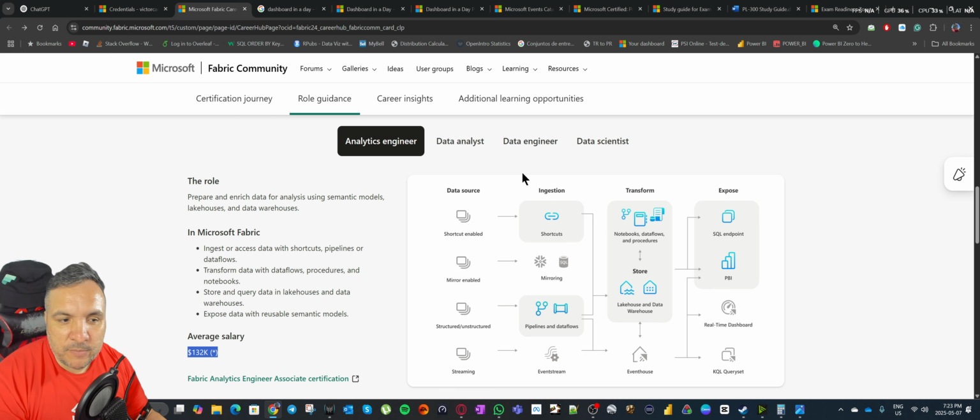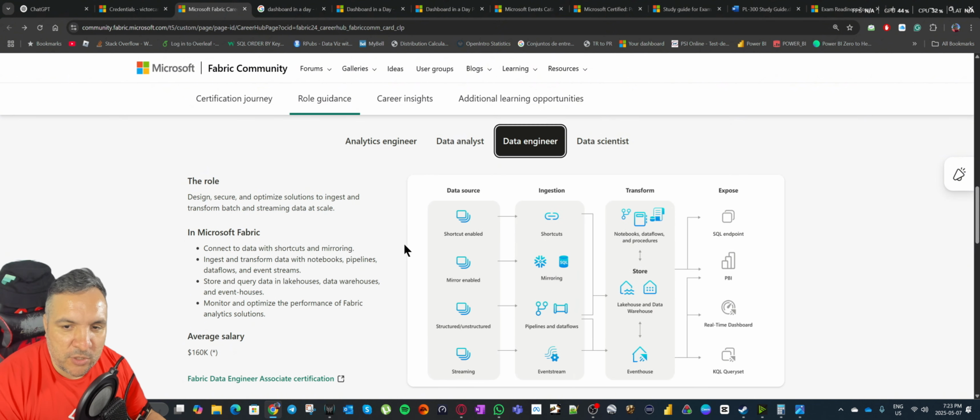And the creme, the creme, what we say in Spanish, the top notch is going to be the data engineer. So right now the data engineer is on average 160K per year, where they do all the other stuff, but not specialized in the end view as Power BI or SQL, but they prepare or transform the data.